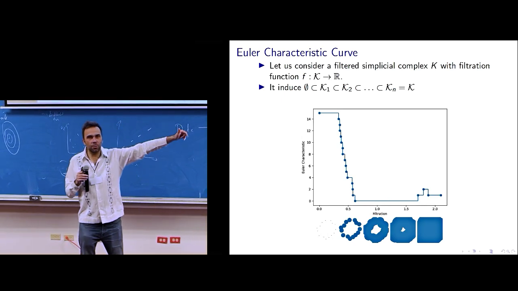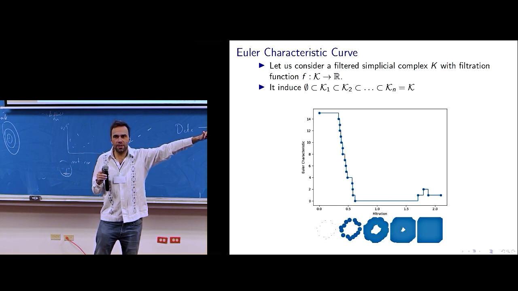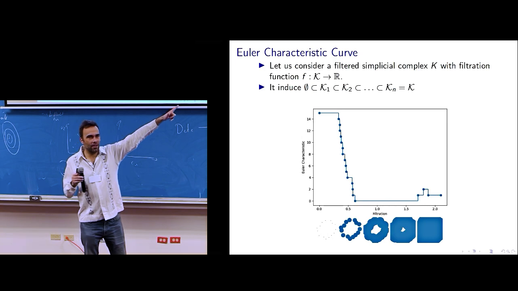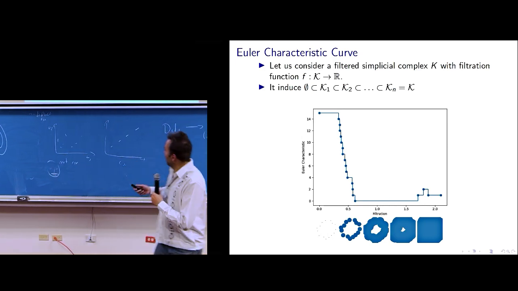So let's look at the Euler-Poincaré formula. We need beta 0 and beta 1. What's beta 0 of a cycle? 1. What's beta 1? 1. What's the Euler characteristic? 1 minus 1 equals 0. And as you see,